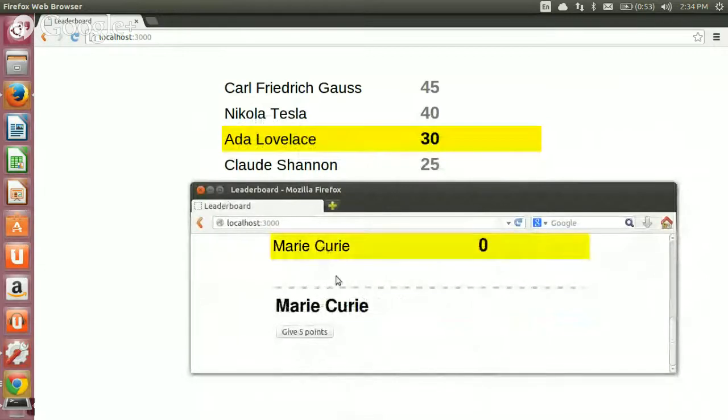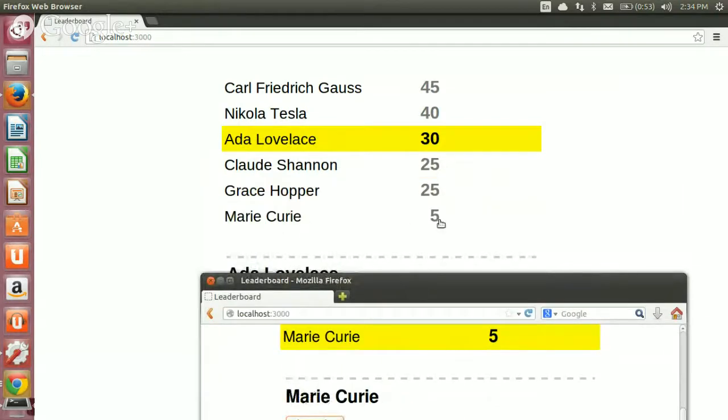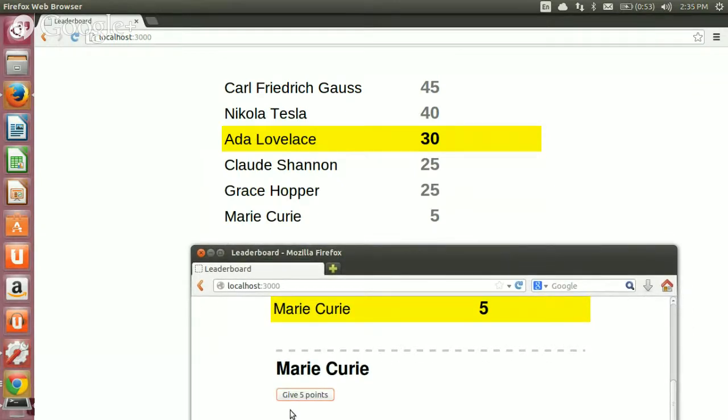I'm going to give Maria Q 5 points, which automatically updates here, and it also automatically sorts if the points go higher. You can see, without any reference or anything, it updates when the Mongo updates, and it's automatically reflected in all the